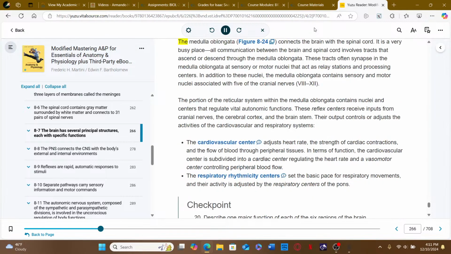The medulla oblongata. The medulla oblongata, figure 8-24, connects the brain with the spinal cord. It is a very busy place. All communication between the brain and spinal cord involves tracts that ascend or descend through the medulla oblongata. These tracts often synapse in the medulla oblongata at sensory or motor nuclei that act as relay stations and processing